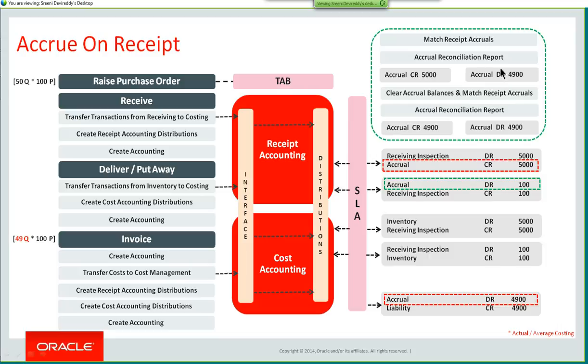Accrual reversal, is it new in the cloud? No, we had it before as well. But you can do it using the rules now. That's new. Otherwise you have to do it manually. Is the accrual reversal automatic? No. So as I explained,